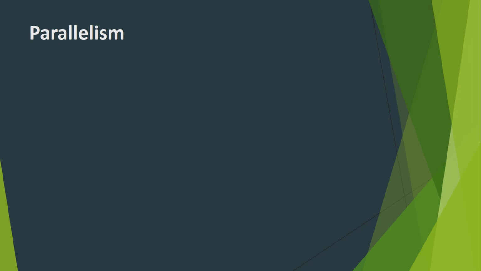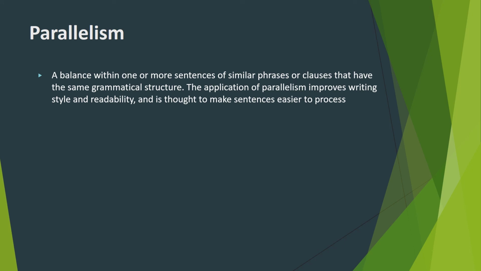Parallelism. What parallelism is, it's a balance within one or more sentences of similar phrases or clauses that have the same grammatical structure. The application of parallelism improves writing style and readability and is thought to make sentences easier to process. So to put it all in a nutshell here, the one example that we use, he likes programming and